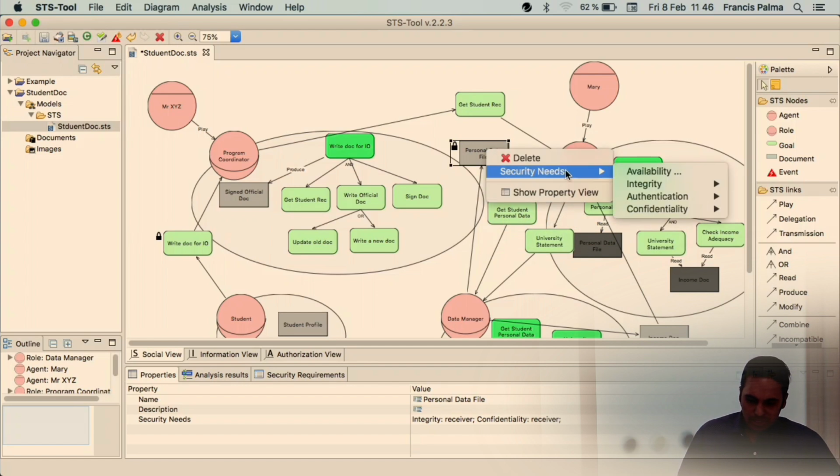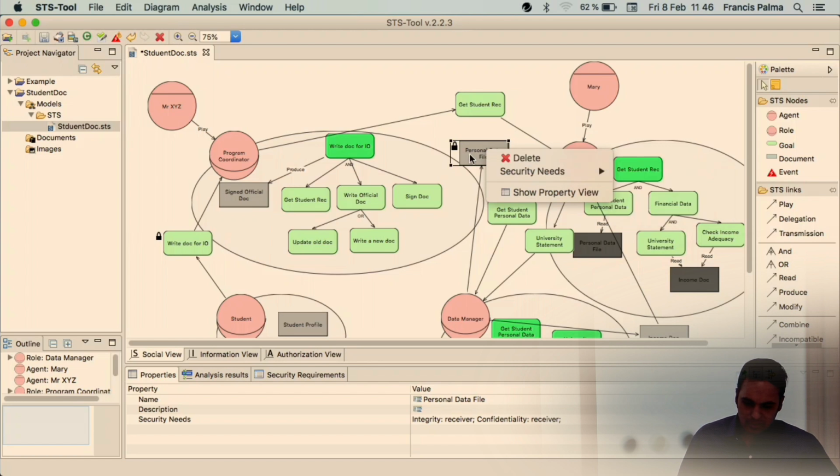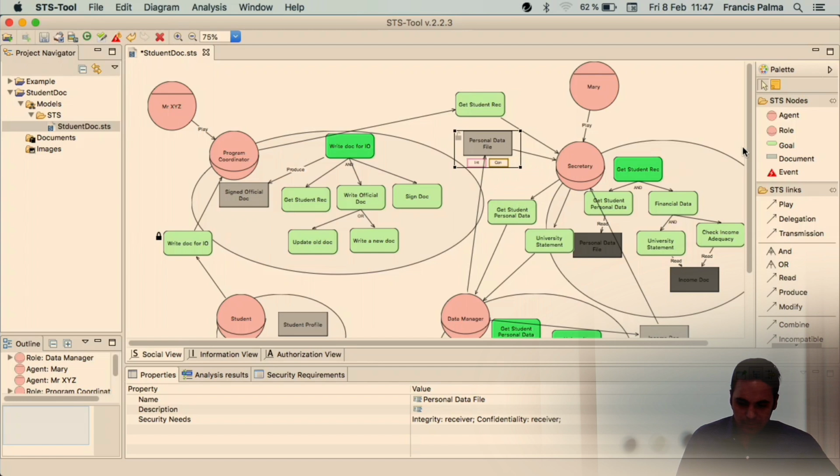And we can also mention the availability of this document. So if we now double click this, you can see we have integrity, security needs, and we have confidential security needs on this document. So similarly,